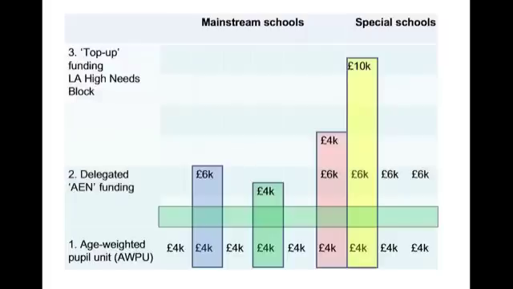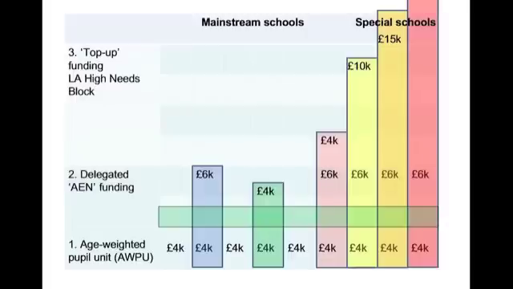Here's another special school where the total cost of a place is £25,000. The top up on top of the 10k core funding is 15k. The total cost of a place in this school is £38,000, so it's £10,000 for the core funding and £28,000 on top of it. So I hope that was nice and clear,